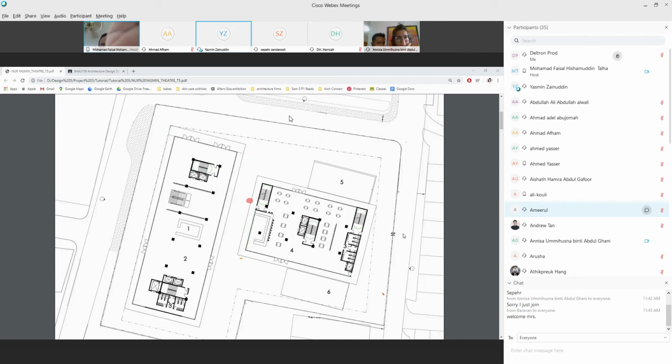How big is this road? Can we know? 6 meters. 6 meters, meaning that this is the road. Oh, tak boleh expand lagi ni. That's the maximum only you can go. So there should be one grid here kan. Sini tak ada grid.